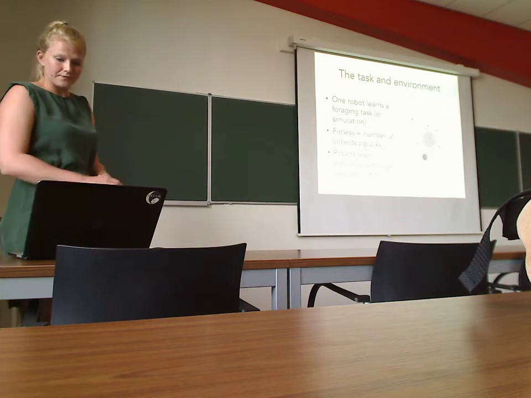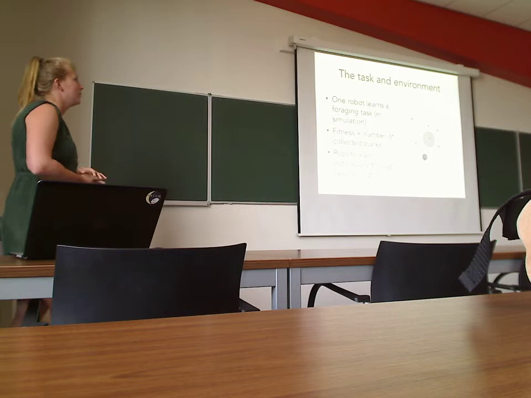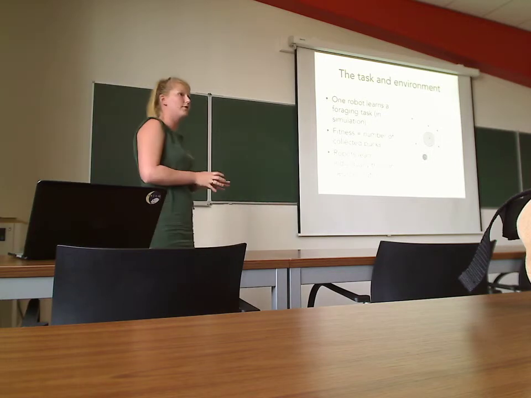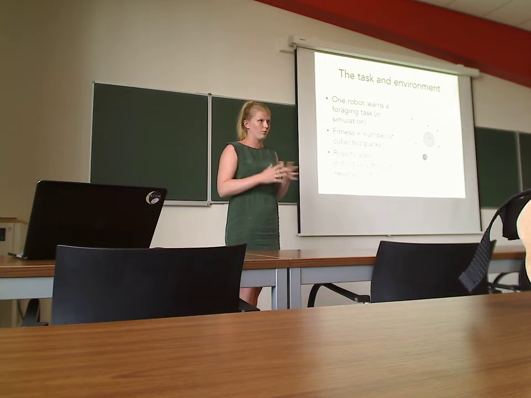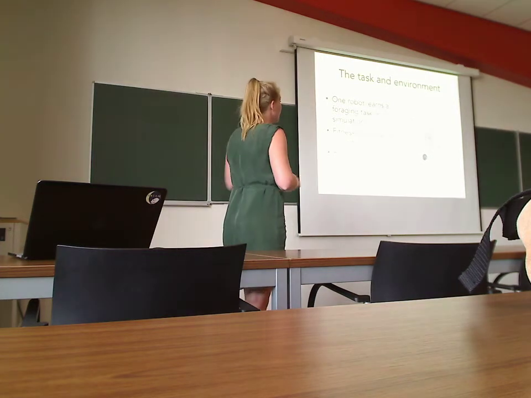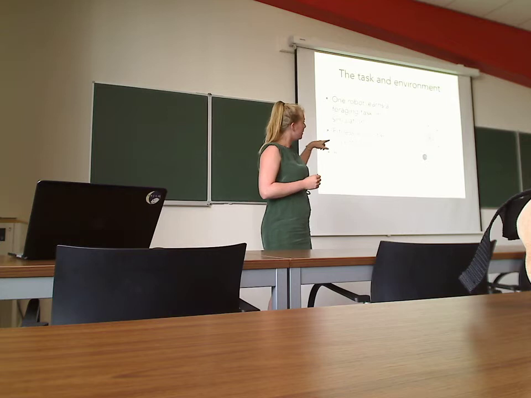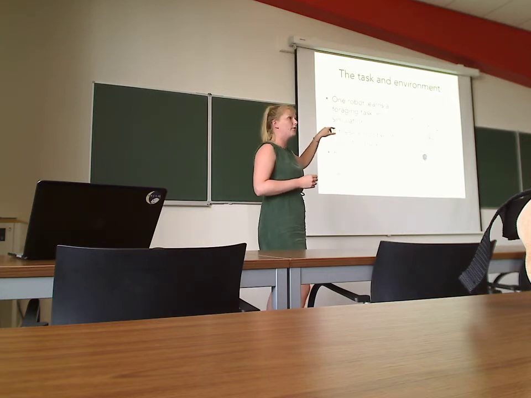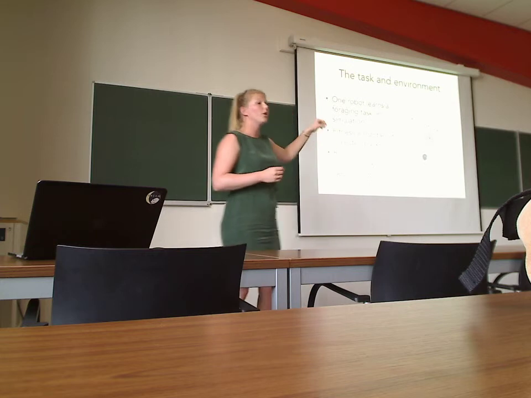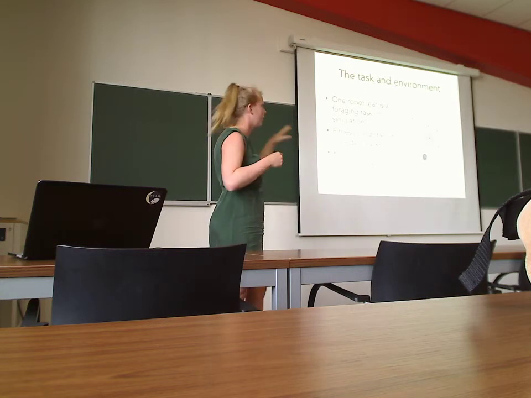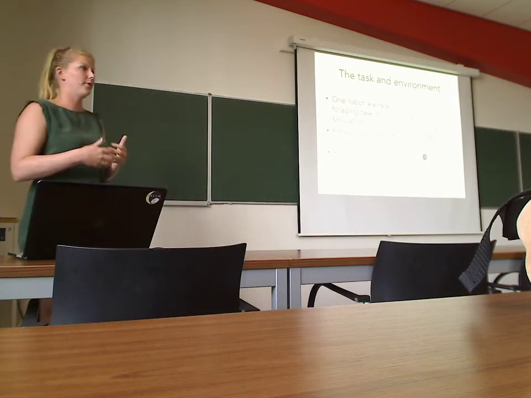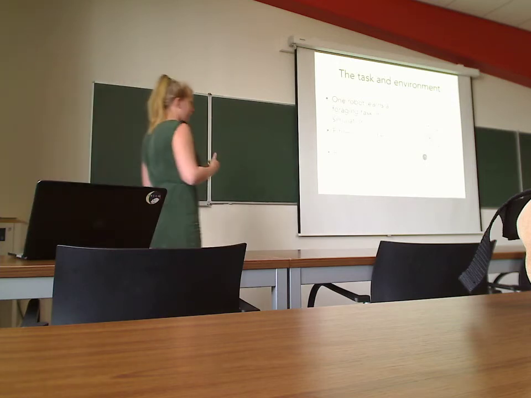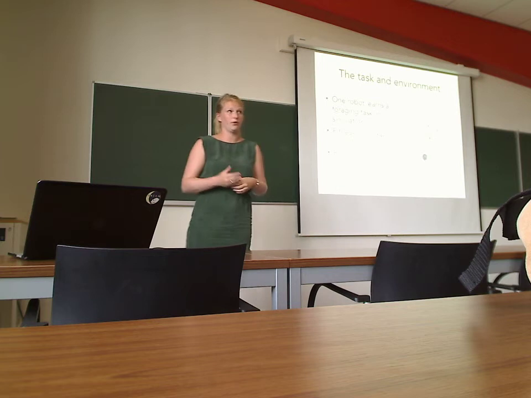So what is the task and environment? First of all, for these 50 parameter settings, we have one robot learning a foraging task. And we do this in simulation because we have a massive amount of experiments. The foraging task means that the robot needs to collect the puck and bring it to the target area. And when the robot succeeds, this puck is relocated somewhere in the environment. So it can collect more pucks than you see here. It will do this task for a certain amount of steps. The performance, which we call fitness, that the robot has is the number of pucks collected into the target area.